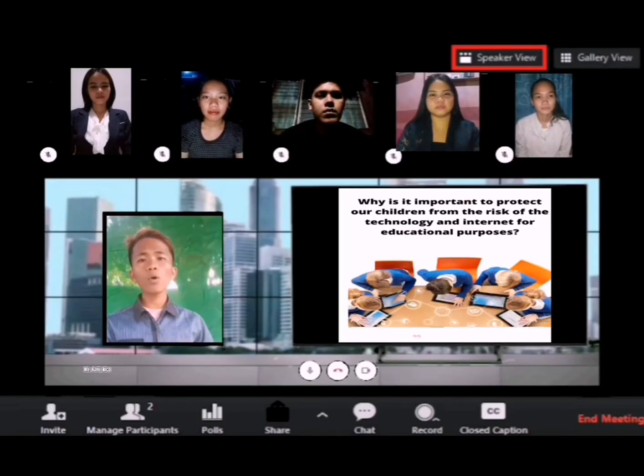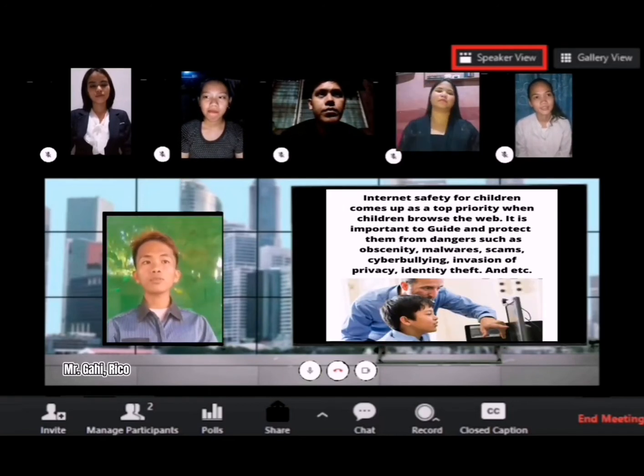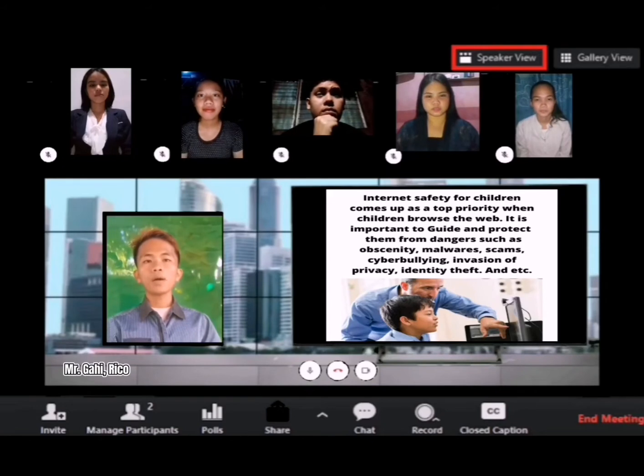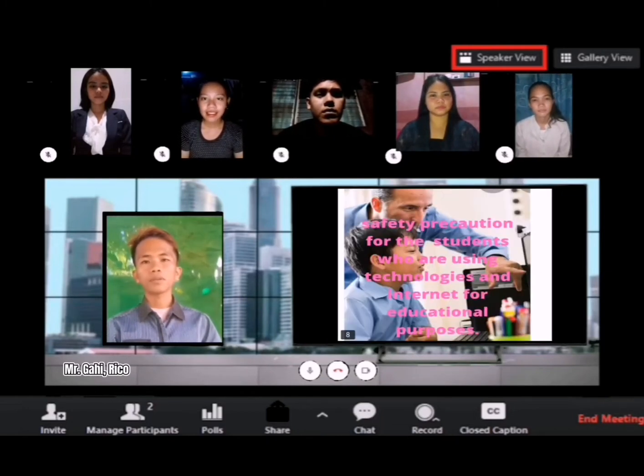So why is it important to protect our children away from the risk of technology and internet? Internet safety for children comes up as a top priority when children browse the web. It is important to guide and protect them away from dangers such as obscenity, malware, scams, cyberbullying, invasion of privacy, identity theft, and so on. So these are the following safety precautions for students who are using technologies and internet